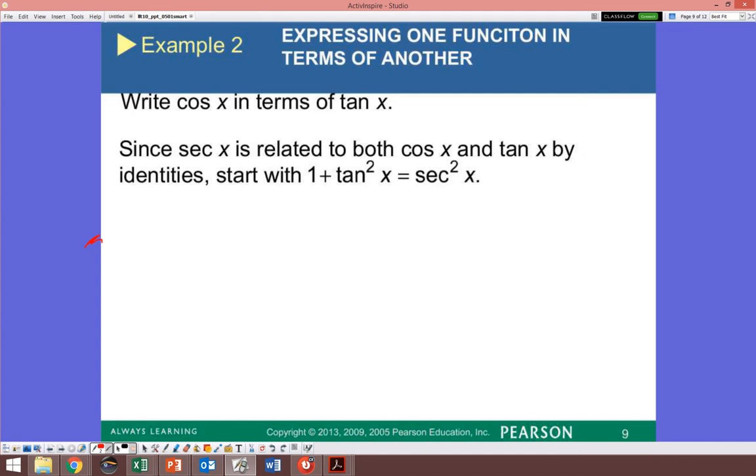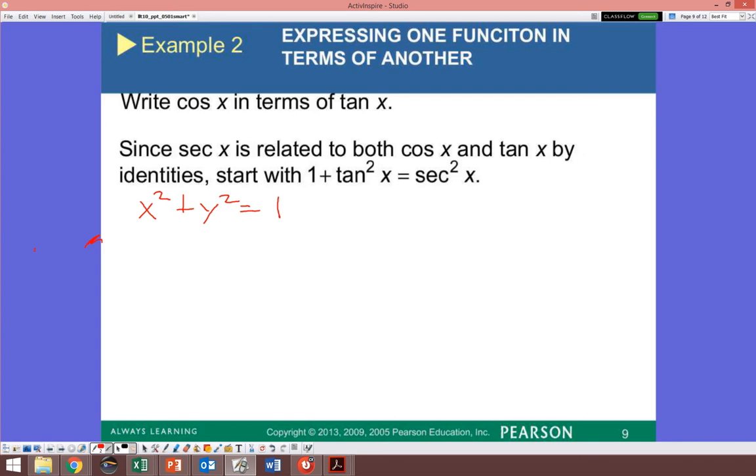Okay, so write cosine in terms of tangent of x. Now, we have a couple of different things here. Secant is related, but it doesn't really matter for this. So, cosine in terms of tan x. I'm going to show you guys a couple tricks to go along with this. Now, the Pythagorean identity, we know, because we've been doing this so long, is x squared plus y squared equals 1, right? Okay. So, now,